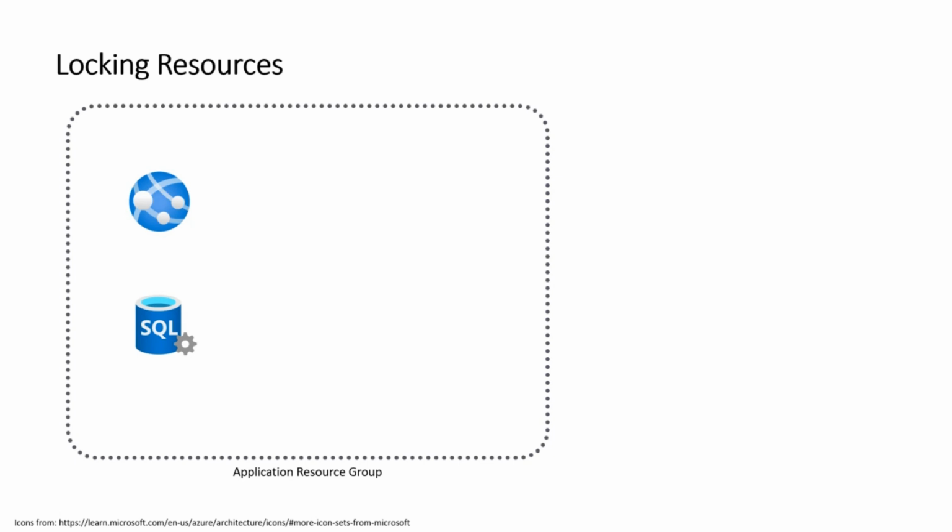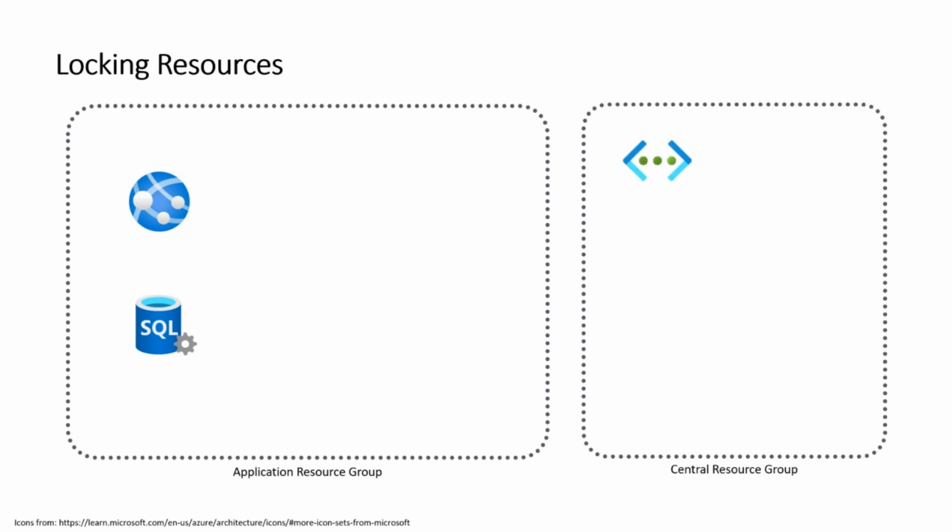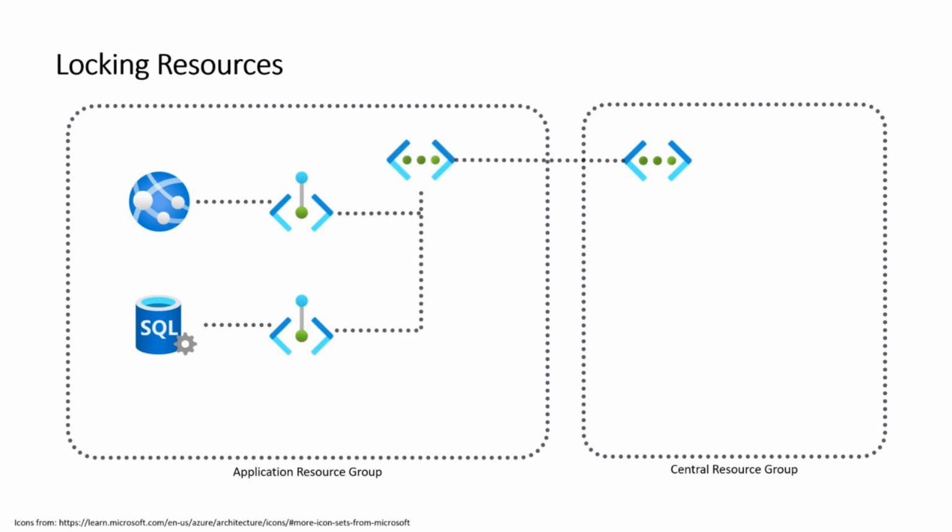So the problem that I'm going to hit here is that I don't want to create just my own virtual network between these two resources. I need to connect it to the central network. And there is probably some kind of workplace administrator that is a little bit zealous about what gets connected to its virtual network and what isn't. So there needs to be a way for them to provide connectivity for me, but keep control over what I can do with that connectivity. So they have a central resource group where there is a VNet as well. Let's call it the hub, if you know about hub and spoke architecture. Mm-hmm. And I want to have 2 private endpoints for my app service and my SQL DB that I want to connect to a network. Well, a spoke network.